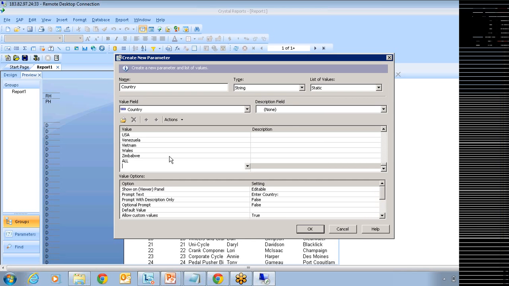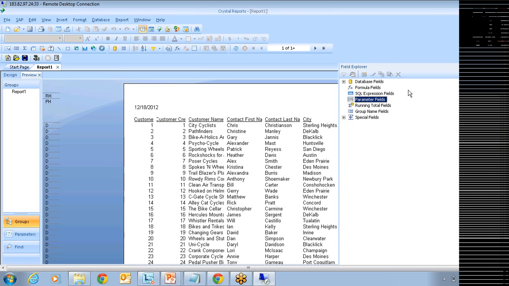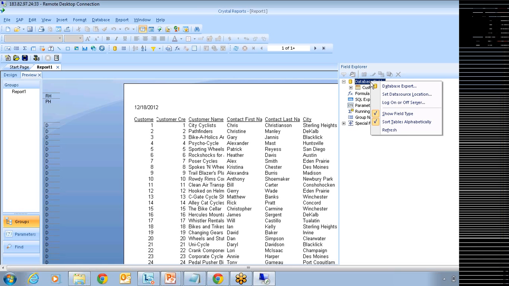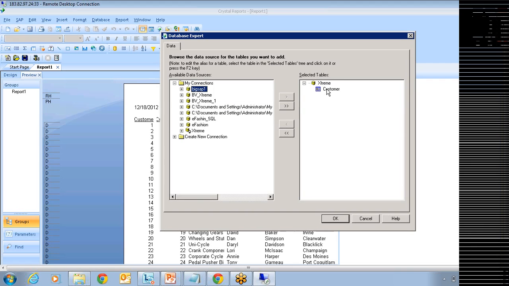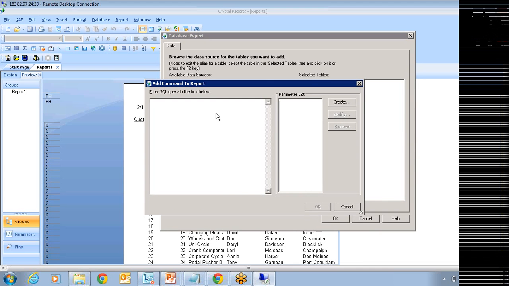Clear? Now, I want my parameter to be dynamic, but still I want ALL. If that is the scenario, then you need to build your custom list of values by writing a query. How? Go to Database Expert, and along with this customer table, I'm going to add one custom SQL command.